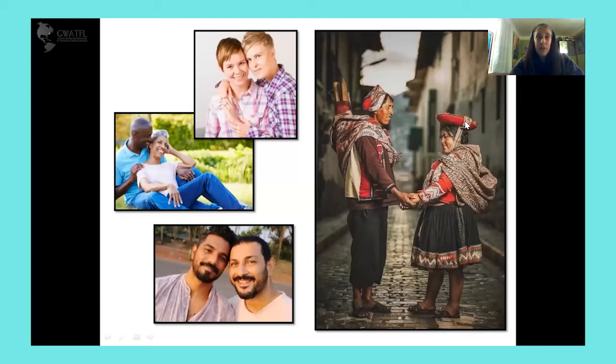Whenever I'm talking about relationships, families, I'm always very, very conscious of using different images. So just be looking out for these images. The ones on the left represent different types of love and different types of relationships, perfect for Valentine's Day and for talking about family structures. The one on the right, I just recently found. And so I always, when I find a good image, I have a folder on my desktop where I keep these images for later use. This one I think is